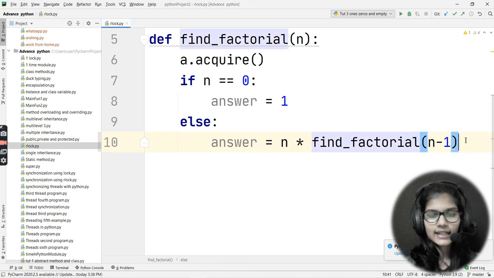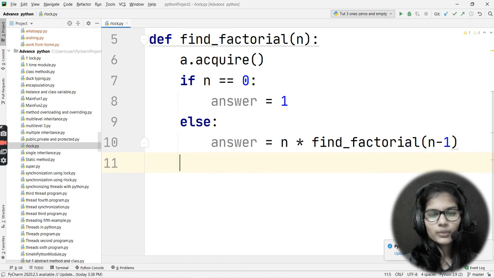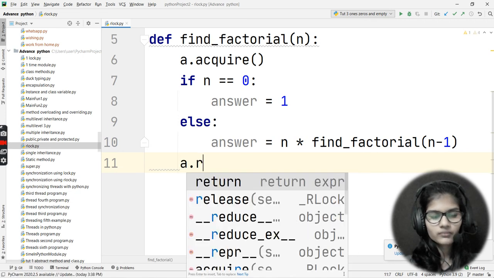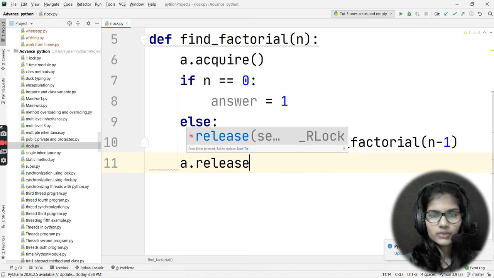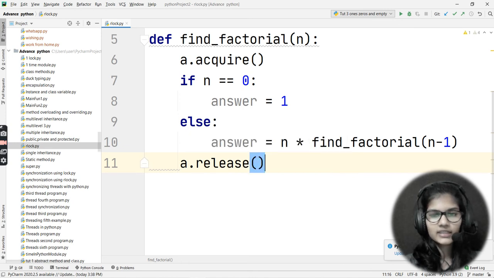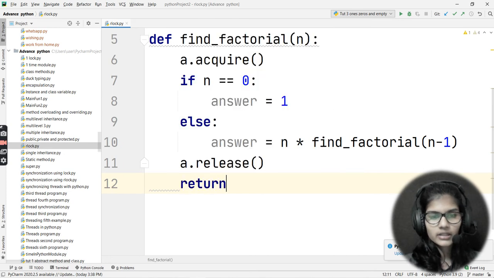Now I'll come out here, and I'll be using another function, that is release. Okay, a dot release, this is my other function. And now instead of writing return answer again and again in the if and else conditions, I would just come out of these conditions and write return answer here.